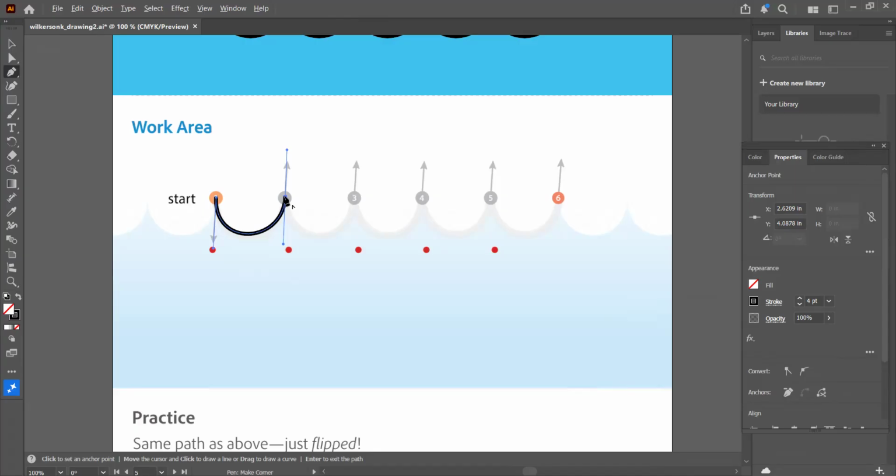I'm going to click on it. I'm going to press my Alt button, click on it, and come down here to the red dot. And I'm going to let go of my mouse first, and then I'm going to let go of the Alt key, come up to 3,